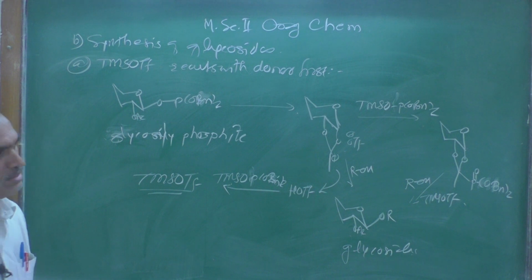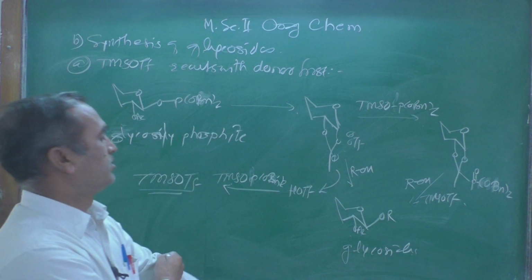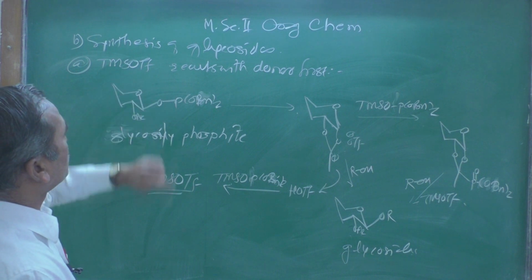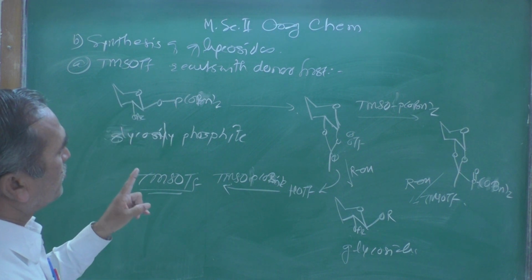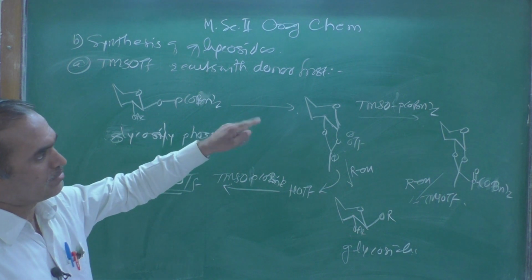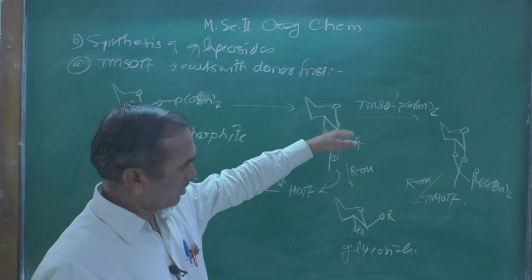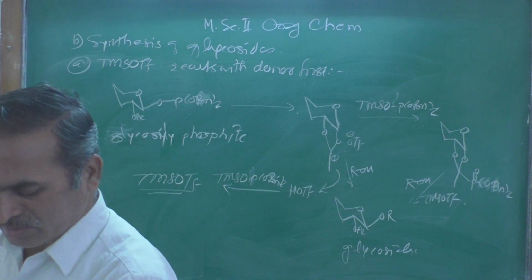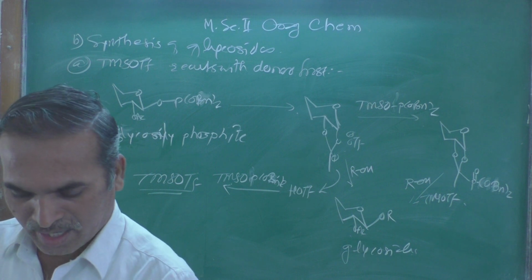This is a simple procedure where we can get this TMSOTf reacts with the donor first. So this is a glycosyl phosphate, and from that we convert into an intermediate that is further converted into a glycoside. So in this way TMSOTf can act as an